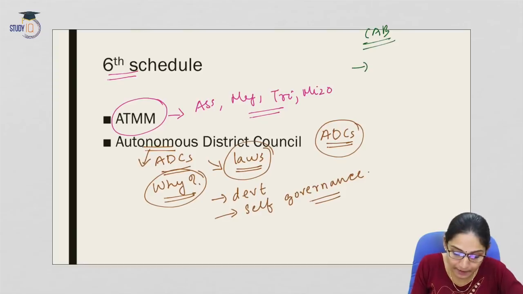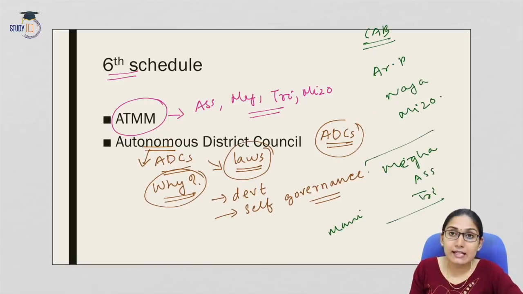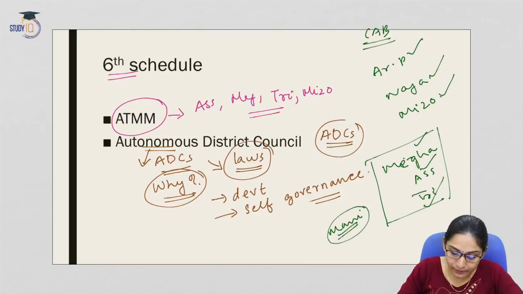Under the Citizenship Amendment Bill, we have seen that 3 states are completely exempted. They are Arunachal Pradesh, Nagaland and Mizoram. And the states that are partially exempted are Meghalaya, Assam and Tripura. Manipur is completely covered under the CAB, and among the 3 states that have areas protected under the schedule,